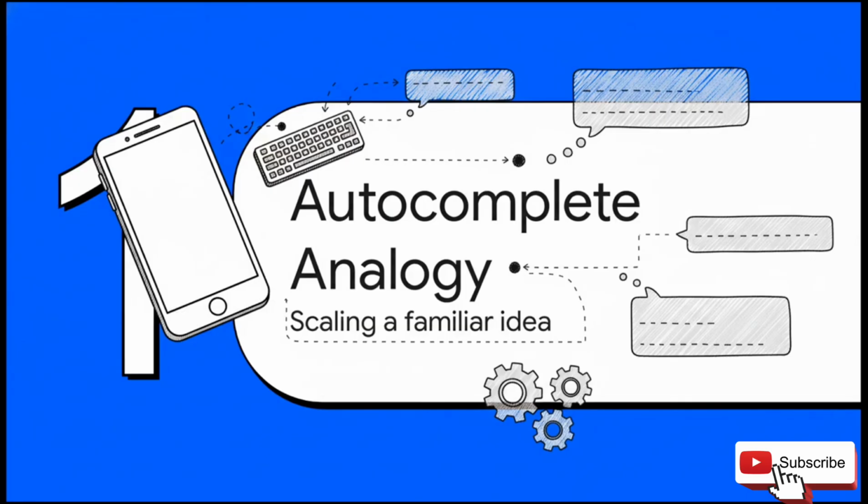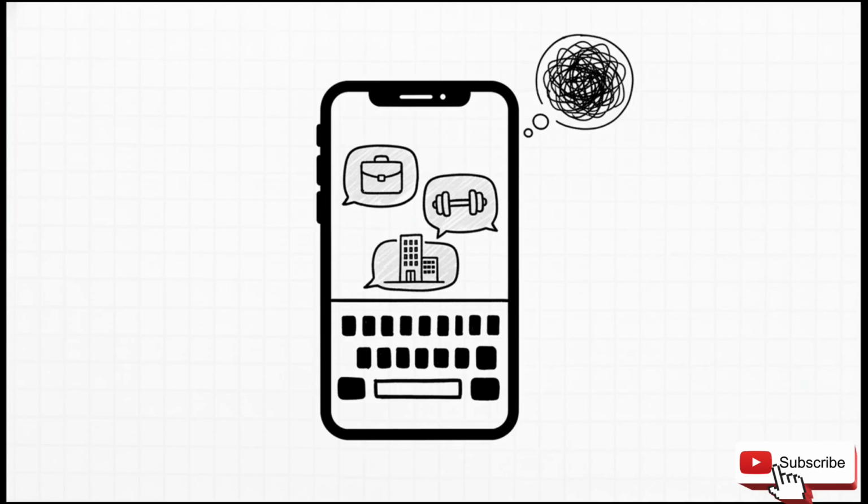So, to get a real intuition for this, we don't need to look any further than the phone that's probably in your pocket right now. The best analogy is your keyboard's autocomplete function. So you type, "I'm heading to the," and your phone immediately offers a few suggestions. Now think about this. Your phone has absolutely no idea about your schedule or your job or your fitness goals. It doesn't understand your plans. It's just learned from your past typing that words like work or office or gym are statistically very likely to follow that exact sequence of words.